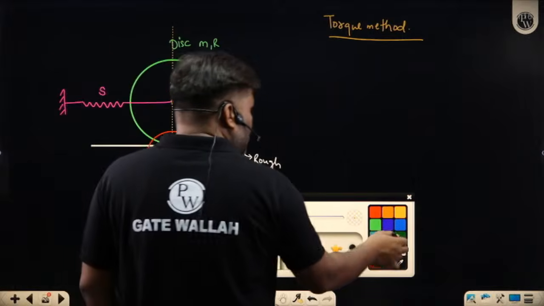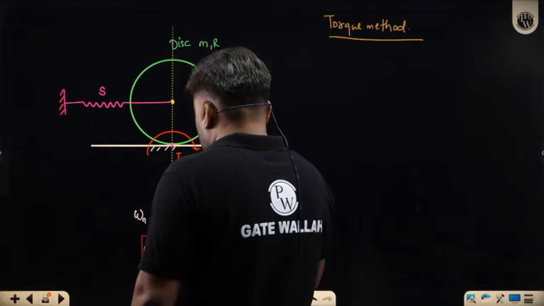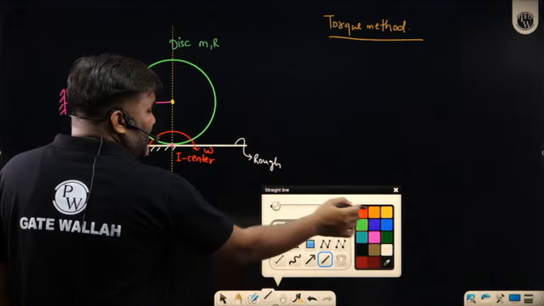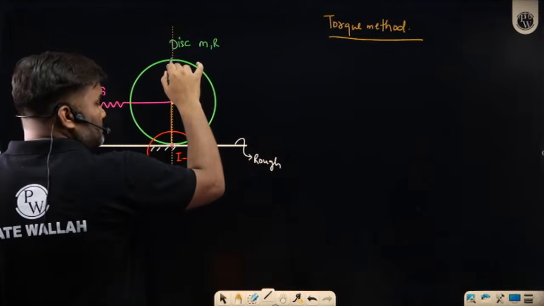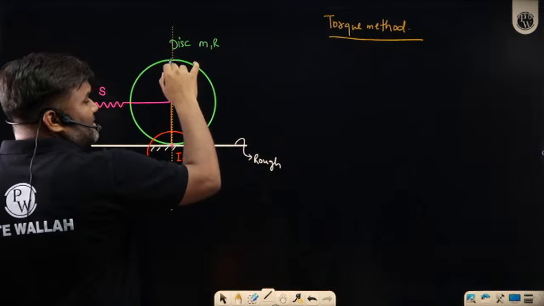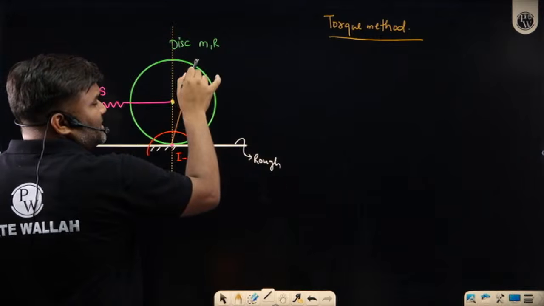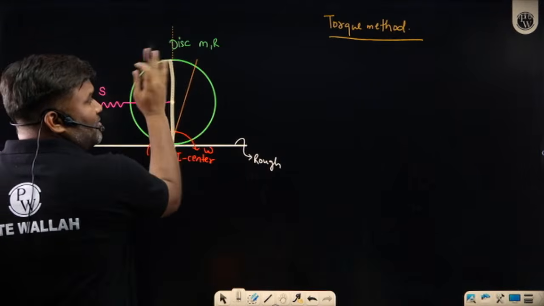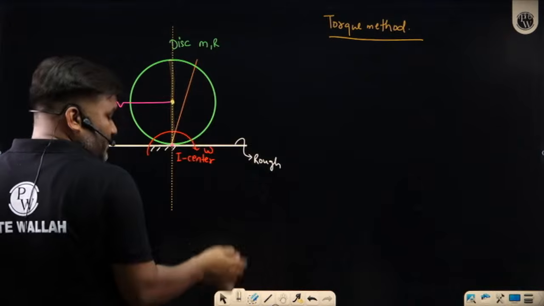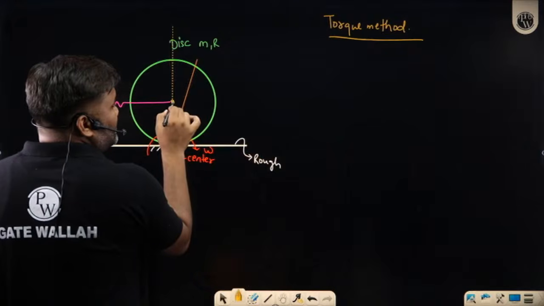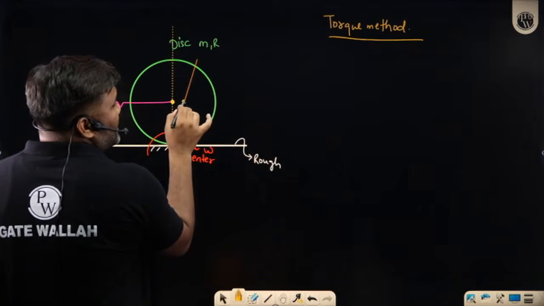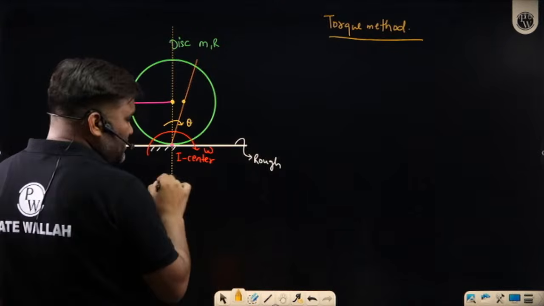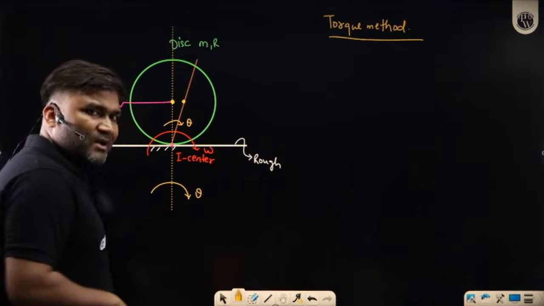How do I apply this? Let me write. Sir, that's the mean. And at any general instant when I saw from the mean, my entire body was moving. At any general instant, my body has traveled some theta angle like this. I'm just showing a line. Initially it was this, now it has turned. So you can imagine this disc has moved a little bit. This disc's center was here. Obviously, this center has moved a little here. You have traveled by some theta angle, with omega velocity and alpha acceleration you are moving further. So this theta angle you have traveled.